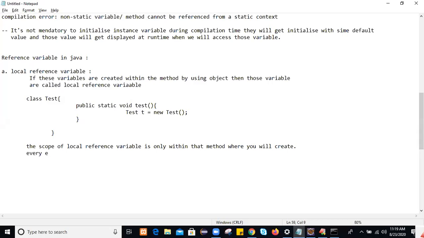Here just add one statement: every reference variable which we create will hold the memory address of an object and will have data type as class name.